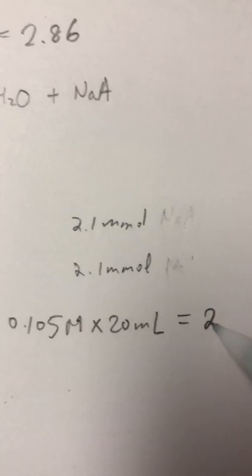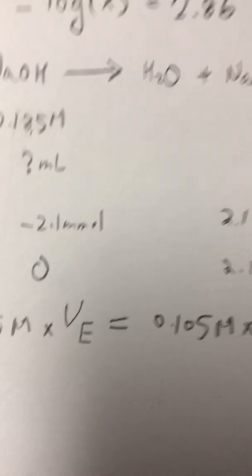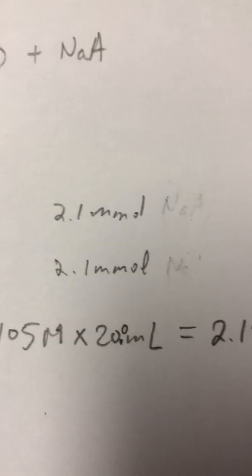So this one we already know equals 2.1. So this is 20.0. Let's keep three significant figures: 2.10